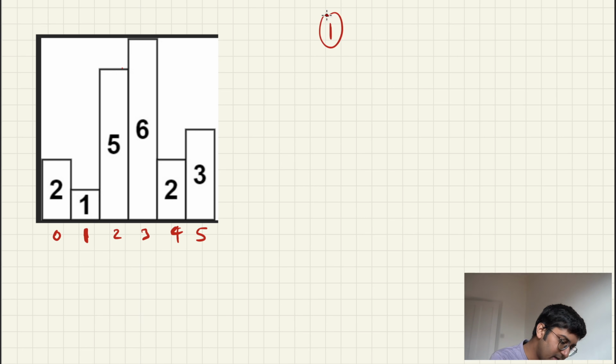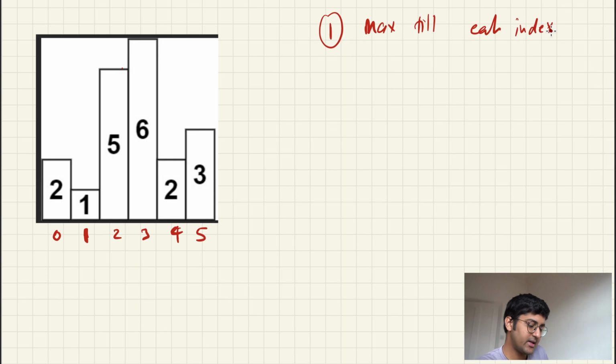Because we need max till each index. Till 4, what is the maximum you can have? Till 3, what is the maximum you can have? Till 2, what is the maximum you can have? So that is what we need. And how are we going to figure that out? If we talk about 4,